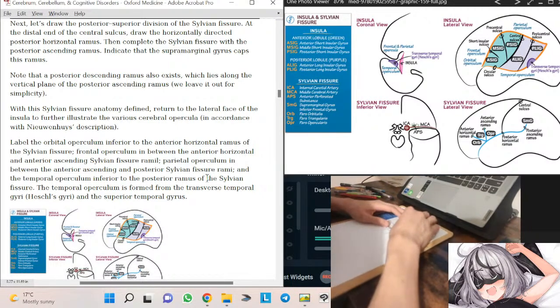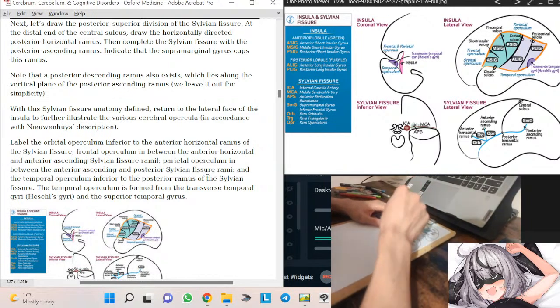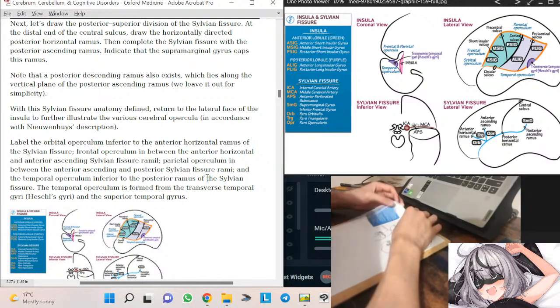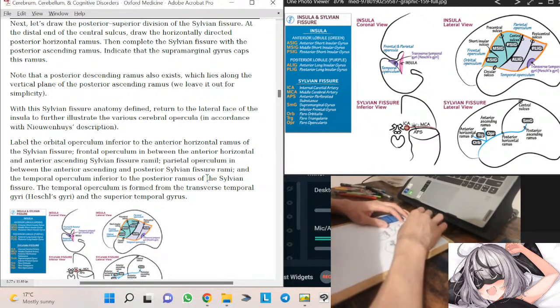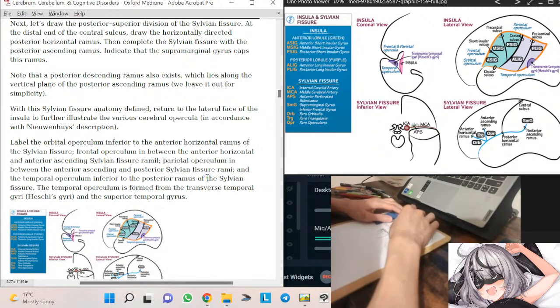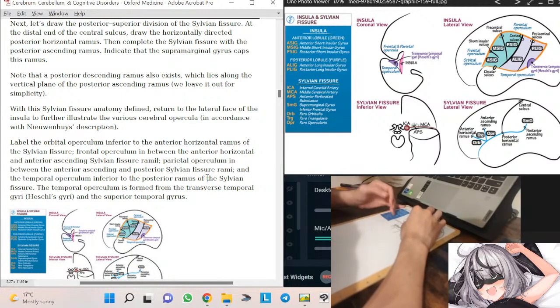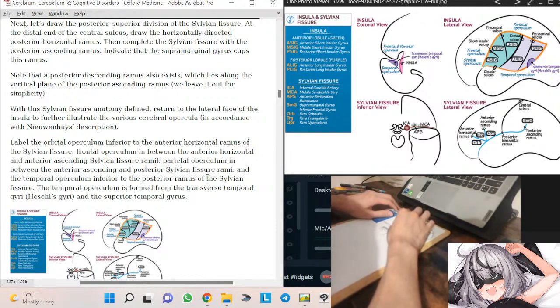With this Sylvian fissure anatomy defined, return to the lateral face of the insula to further illustrate the various cerebral opercula in accordance with the neuroanatomy description. Label the orbital operculum inferior to the anterior horizontal ramus of the Sylvian fissure. Frontal operculum in between the anterior horizontal and anterior ascending Sylvian fissure rami. Parietal operculum